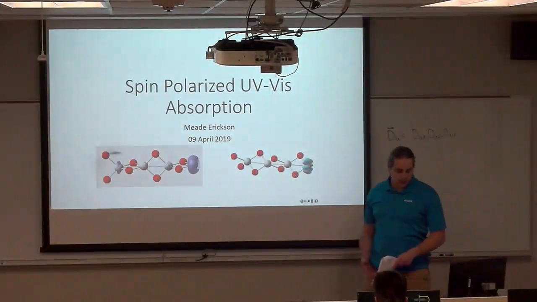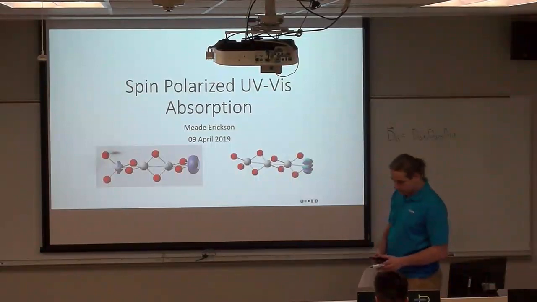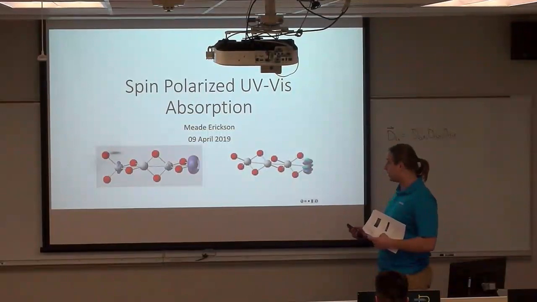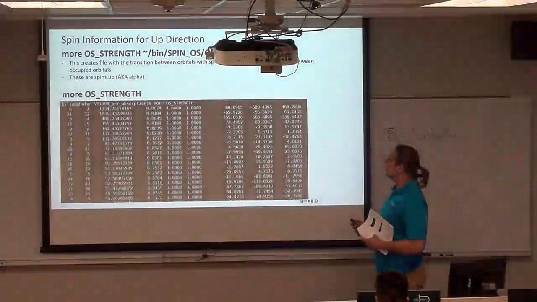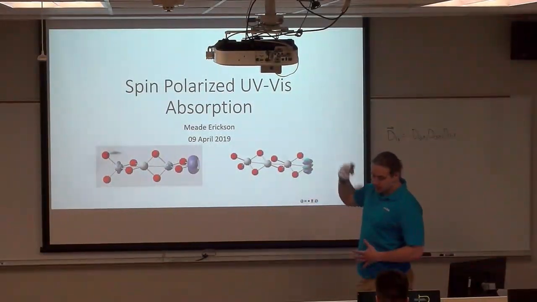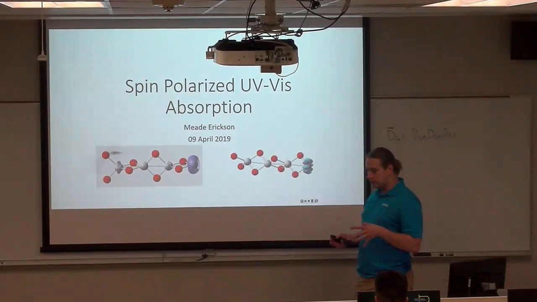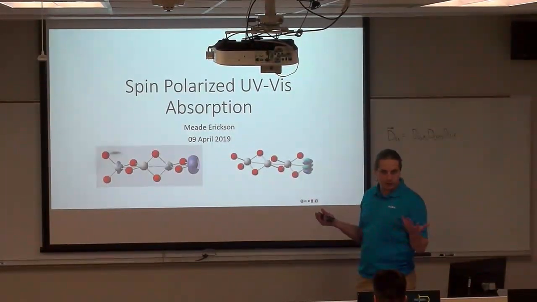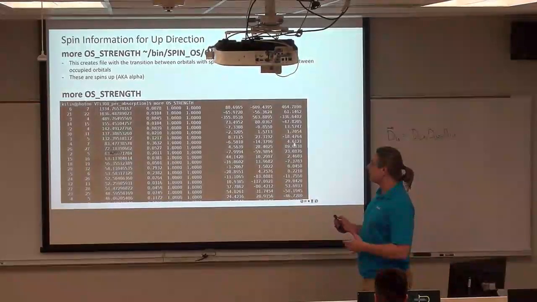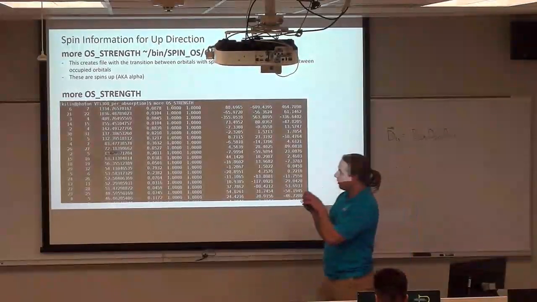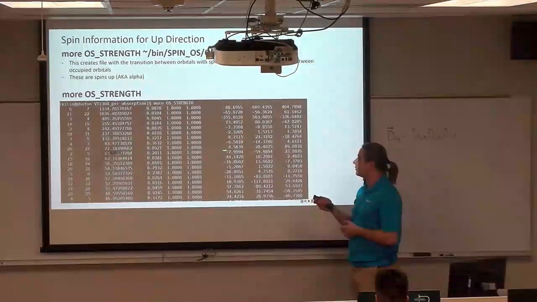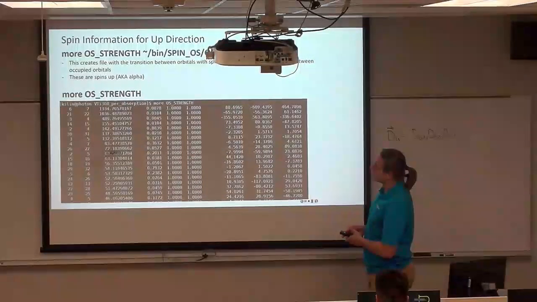Just letting you guys know, I had used the same molecule as Gage, I believe, used. It's nice, formatted already for us. I do want to start off with saying we're going to be calculating the spin up and spin down and combining these two to get the information we need to put it in one file. Makes it easier. So when we look at the spin up, these are the values we get. I believe this is what slide 5 of David's presentation showed us. It shows the information of this particular molecule.